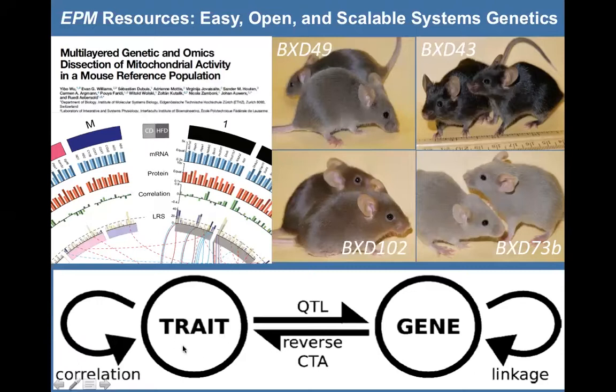The slide over here just shows that we can do both forward genetics. We can start with a trait and ask what gene variants control that trait. So that could be impulsivity, for example, or response to cocaine. Or we can start with a gene variant and ask, does this gene variant control trait X? In this slide, that's called reverse complex trait analysis. It's now also called phenome-wide association study, where you have a phenome and you ask, does gene X have effects on this phenotype, that phenotype, or the other? So you're scanning across the phenome rather than scanning across the genome.